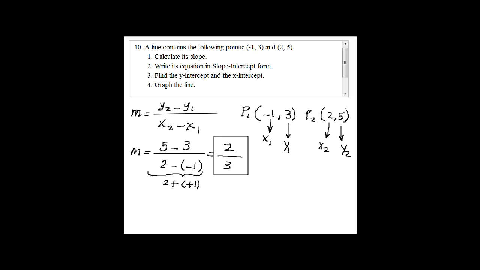So far we have found the slope is equal to 2/3, and we also have 2 points given to us. I can label these points any way I want. Originally, I labeled the first one as point 1 and the second one as point 2 to find the slope using the formula. But right now, just call it point P. I'm going to label them in a moment. But we're talking about the